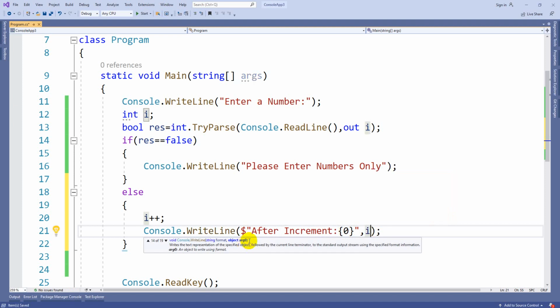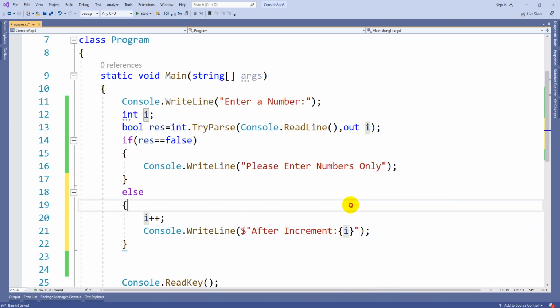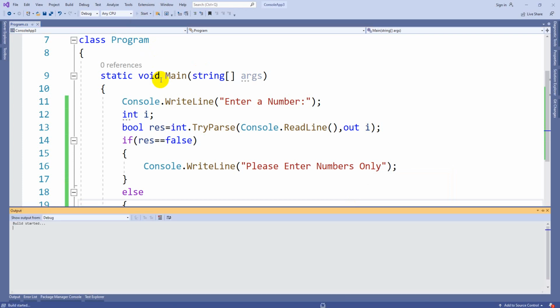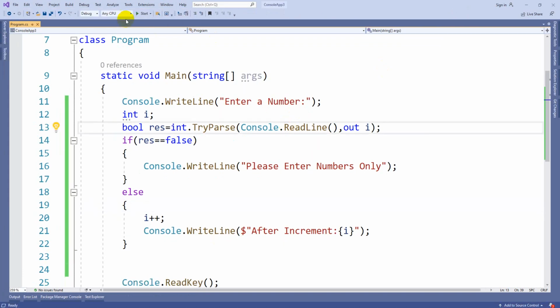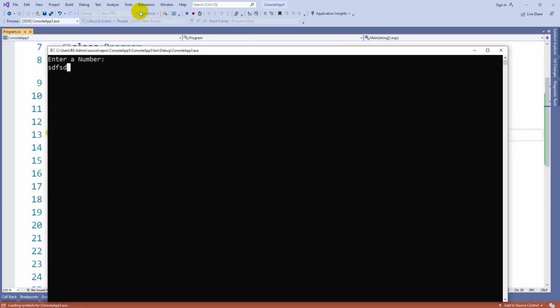We can directly pass i. Now I am executing. If I pass a proper value, you get the proper result. After increment it is 11. Suppose we pass a wrong input, you will get an error like this: please enter numbers only.